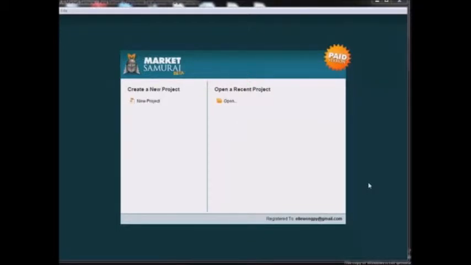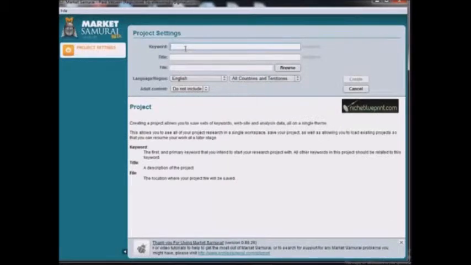freely available to you. Once you've gotten your free trial version of Market Samurai, you will see this page as soon as you open up the tool. The next step is to open up a new project and simply input the keyword that we have decided to expand on. In our example and niche research earlier, we have identified chicken coops to be a potential keyword to expand on, so let's put that in here. Next, click on Create,